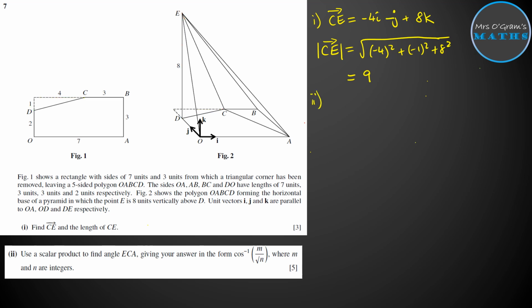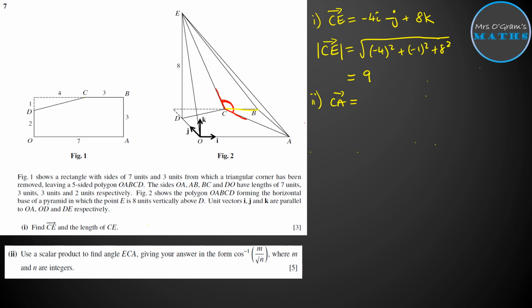For part 2, we're looking for the angle ECA, which is just here, and it's between these two lines here from CE and CA. So we're looking for the angle between the vectors CE and CA. Well, we've just worked out CE, so now we just need to work out CA and then use scalar product on them. So for CA, if we're getting from C to A, we need to go along from C to